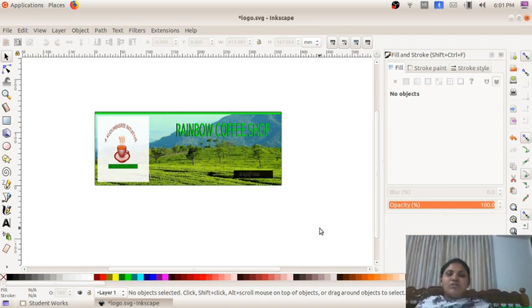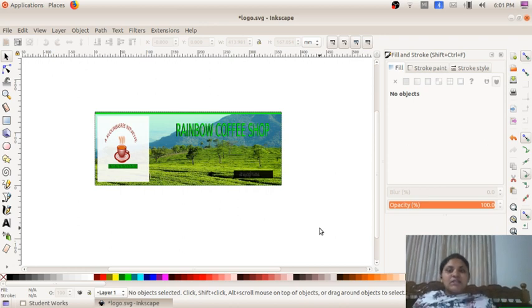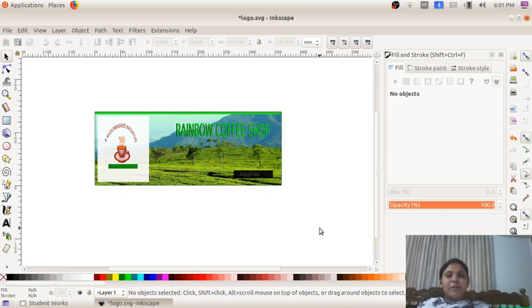So this is one more feature of Inkscape we already discussed. We can resize the A4 page, resize the canvas page according to the size of the drawn picture. So this is what I have done now. With this much our banner is ready.